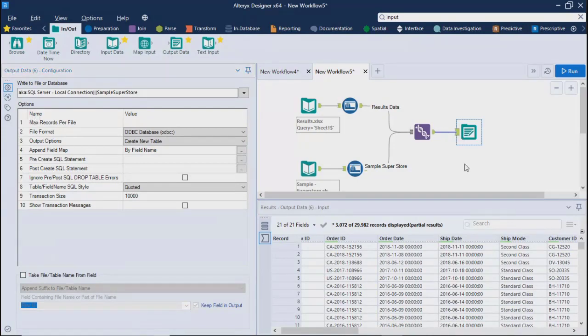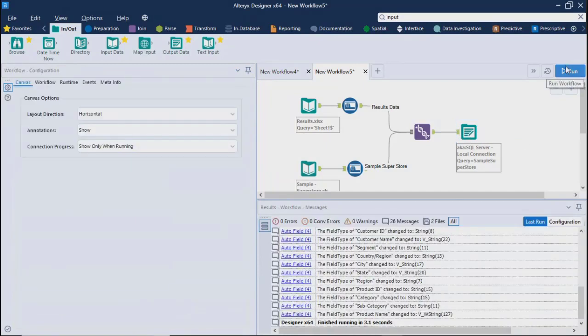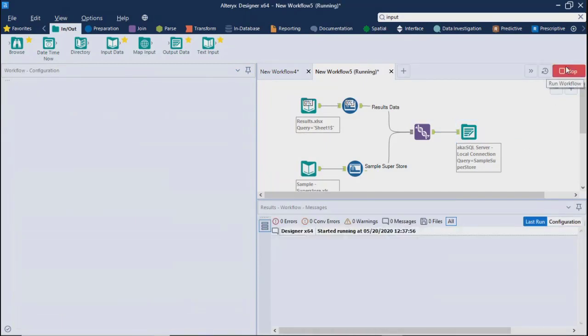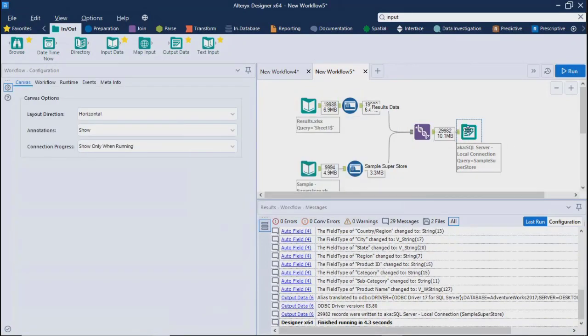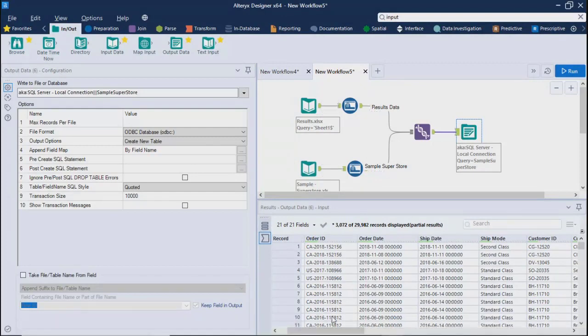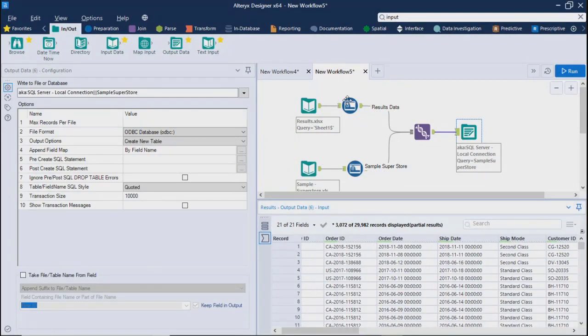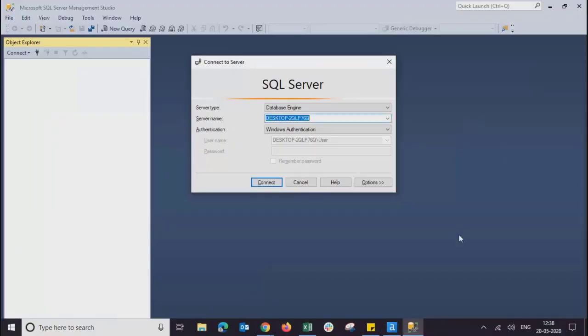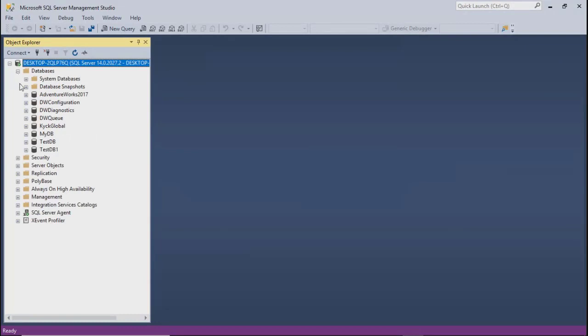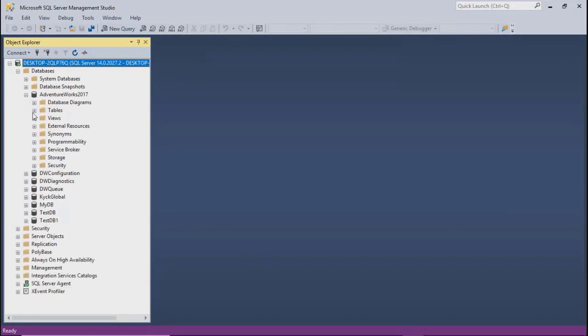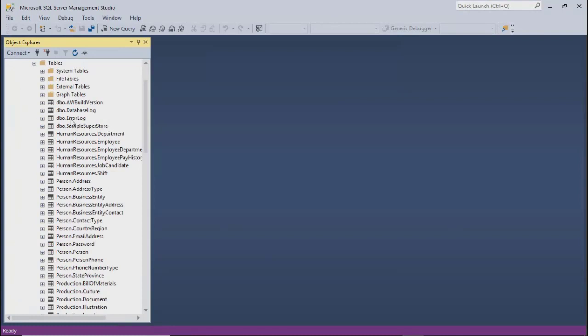I think I can just go back and run this particular statement. Let's see what happens. Fair enough. So it ran and it has saved the data into my database. Let's go ahead and see that. I'll connect. We'll go to database, AdventureWorks, and under tables, this is the table which just got created. I'll click and see the top 1000 rows.